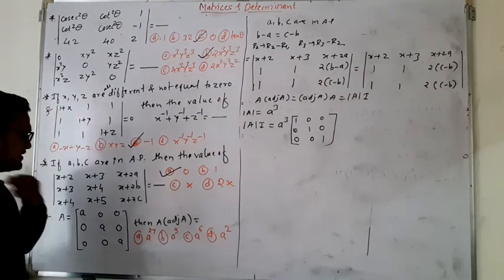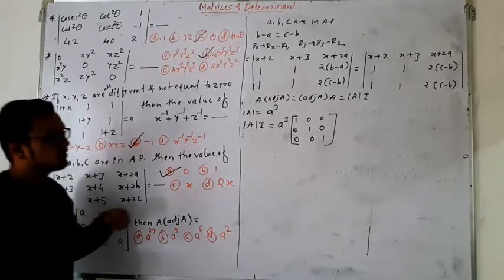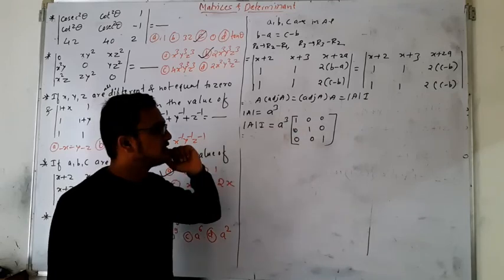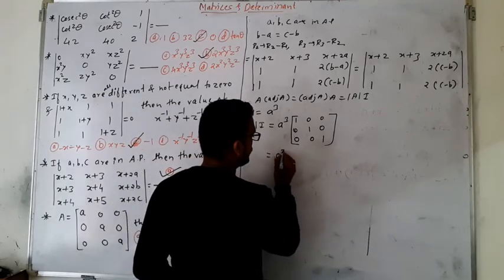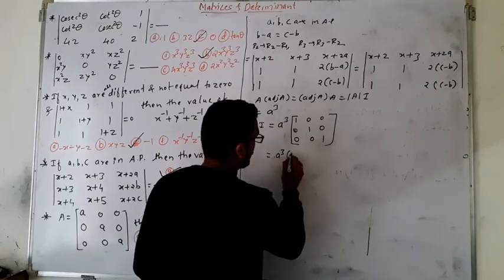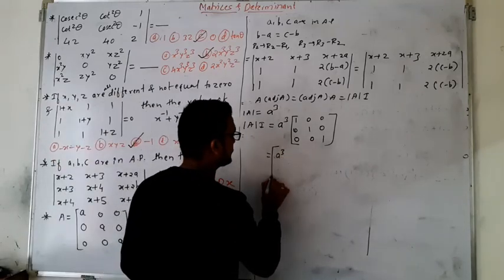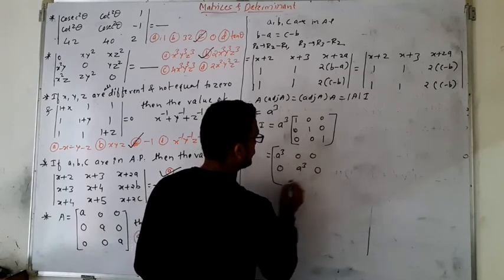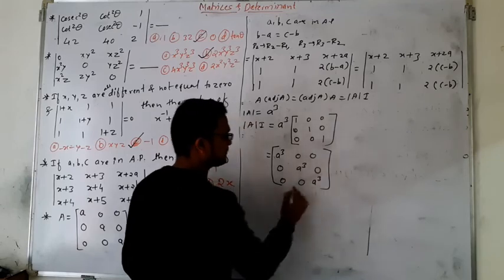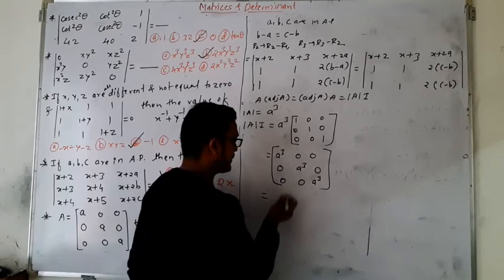Now see, actually the values are given as absolute values. It is not in the form of a matrix. So we will find the absolute value of this, and to find it we have to take this matrix in determinant form. Otherwise, what we can do is first multiply A cube inside the matrix, so we have the matrix A cube 0 0, 0 A cube 0, 0 0 A cube. We want the absolute value of this, so you can take it in determinant form and find the value.